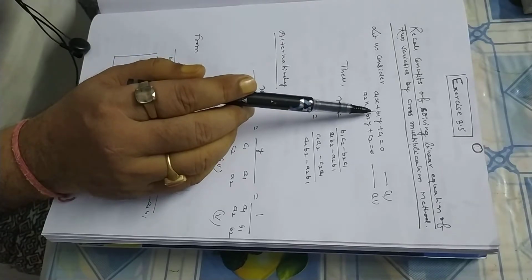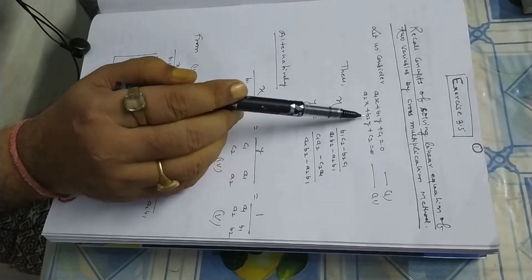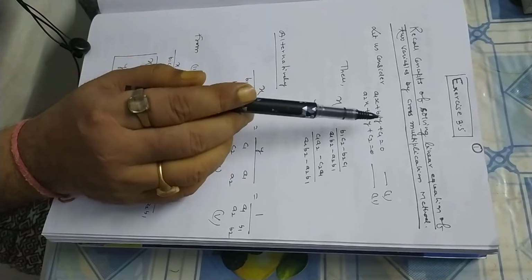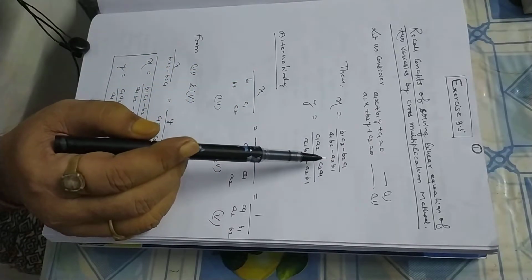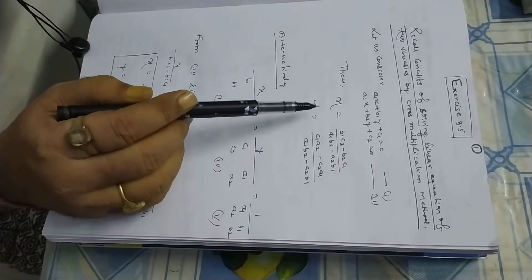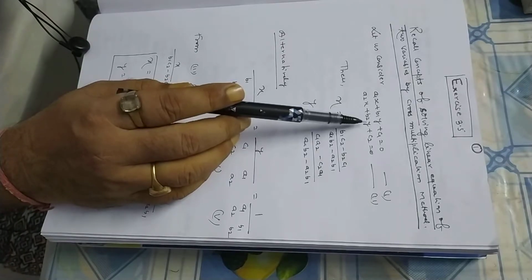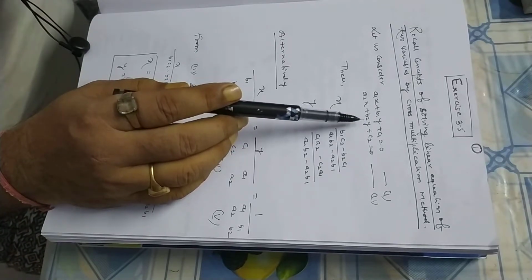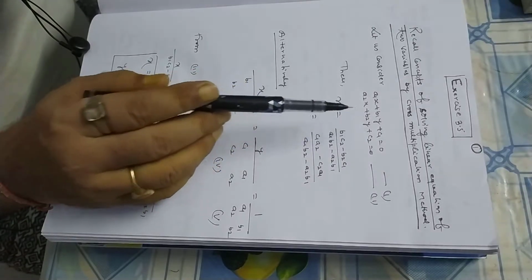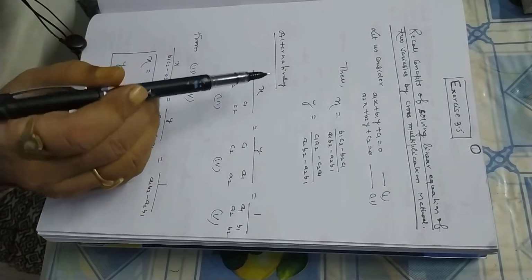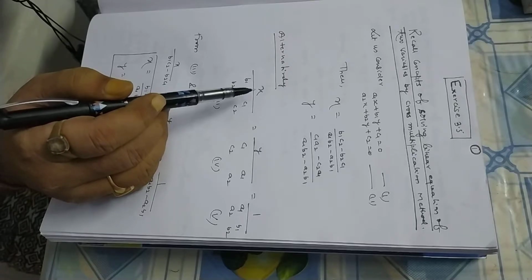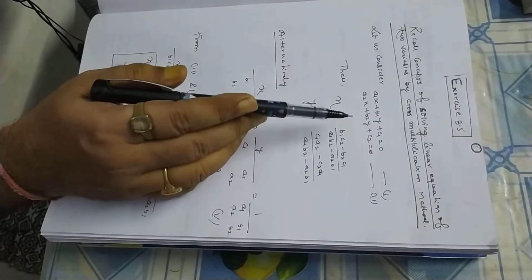and take cross multiplication: b1c2 minus b2c1, and in the denominator it will be a1b2 minus a2b1. The denominator will not change, only the numerator will change. Similarly, we want to find the value of y, so we leave the coefficient of y, and now we have c1a2 minus c2a1. Alternatively, suppose we want to find the value of x by the cross multiplication method, then we leave